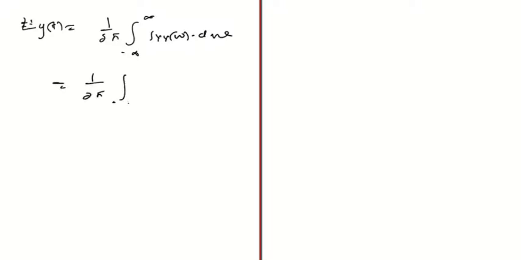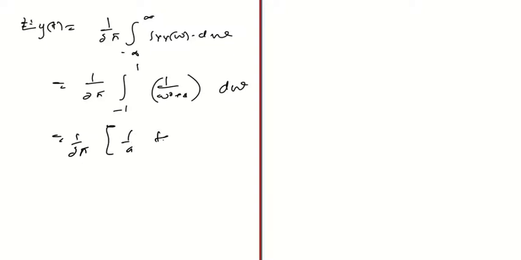I am just going to denote it as E of y of t is equal to 1 divided by 2 pi integral minus infinity to infinity S y of omega d omega, right? In S y of omega, we already know it is 1 divided by omega square plus 4, omega from minus 1 to 1, right? So taking the integration, we get 1 by a tan inverse x by a, right? Instead of a, it is 2, so tan inverse omega divided by 2 from minus 1 to 1.